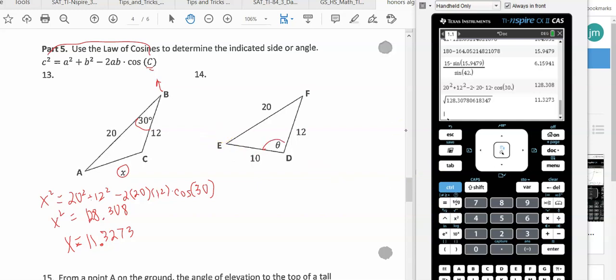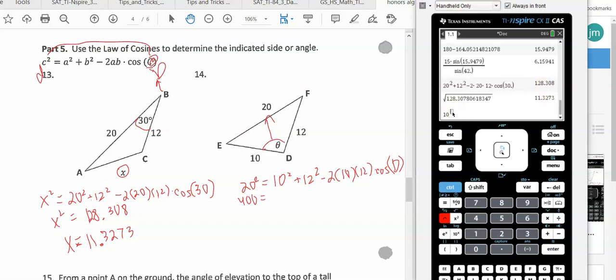This one, we have to find the angle here. So the side opposite that one is 20. So we plug in, that's going to be our lowercase d over here. So it's going to be 20 squared equals 10 squared plus 12 squared minus 2 times 10 times 12 times cosine of capital D. Okay, so now we've got to solve this. Could do what I can here. Simplify it. 400 equals, let's see,